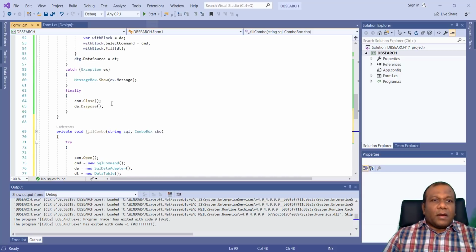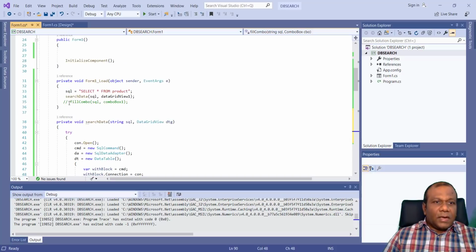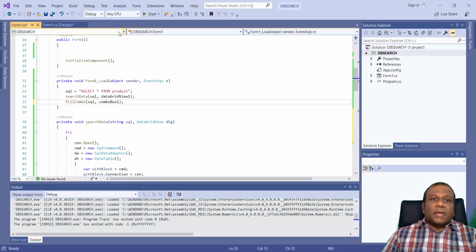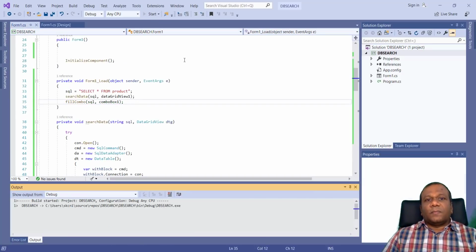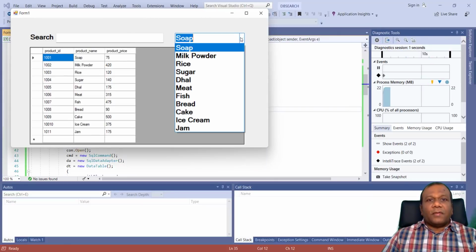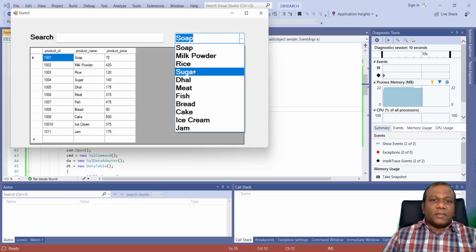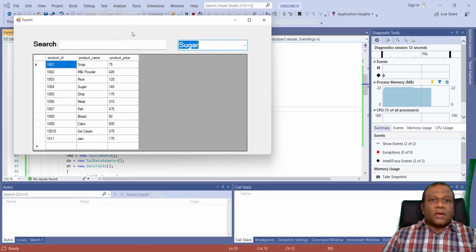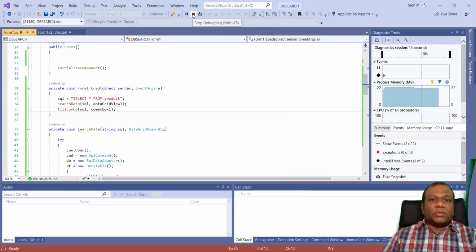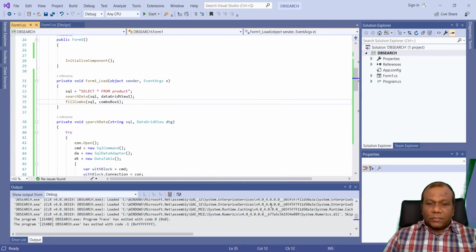So now we can run, I think. We will uncomment this one. Right, so now I will run this one. So now here you can see, when you click here, we loaded the data, the product names, to the combo box.